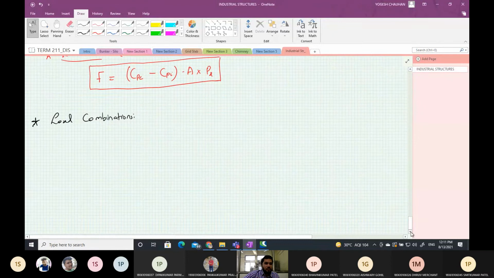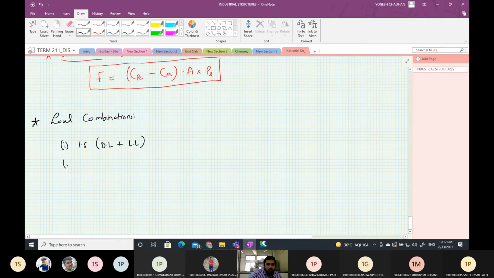So we combine these loads with a load combination. We'll be using 1.5 dead load plus live load.